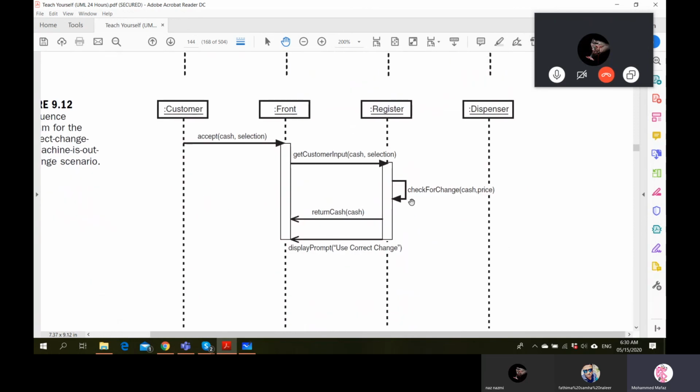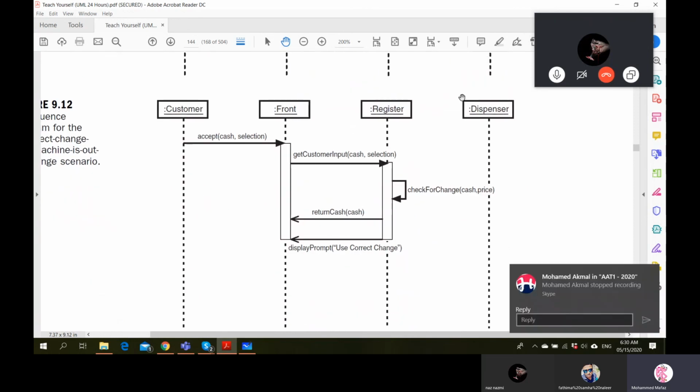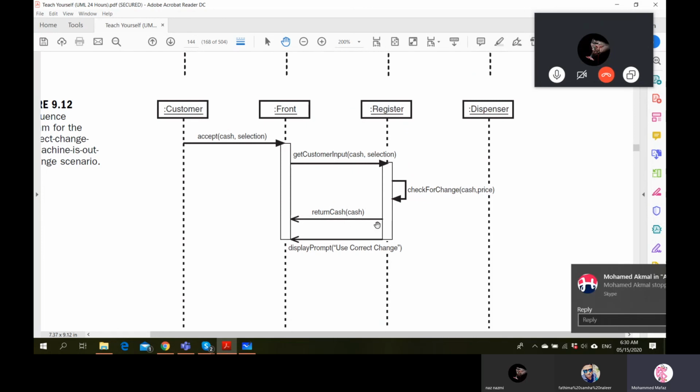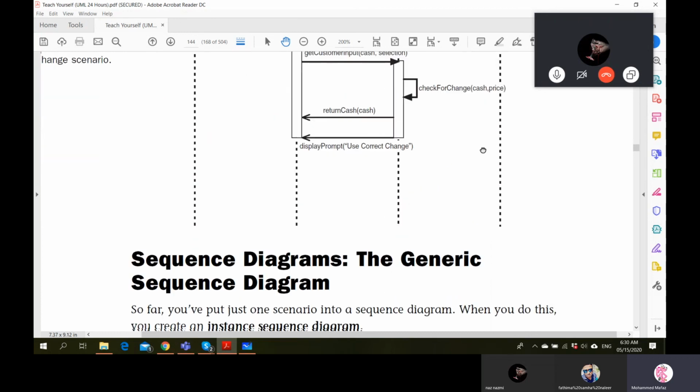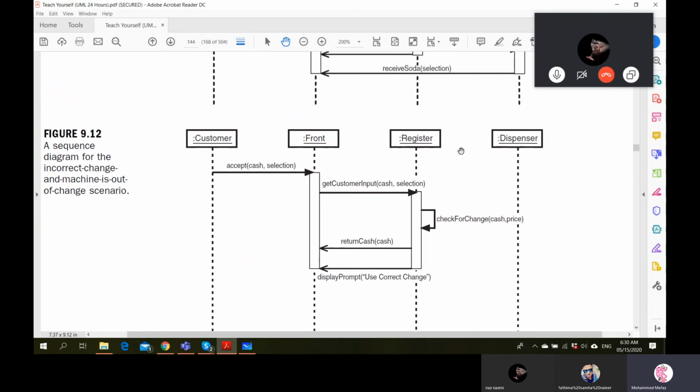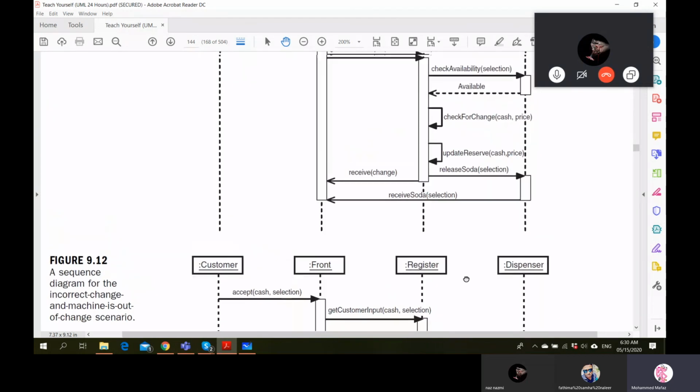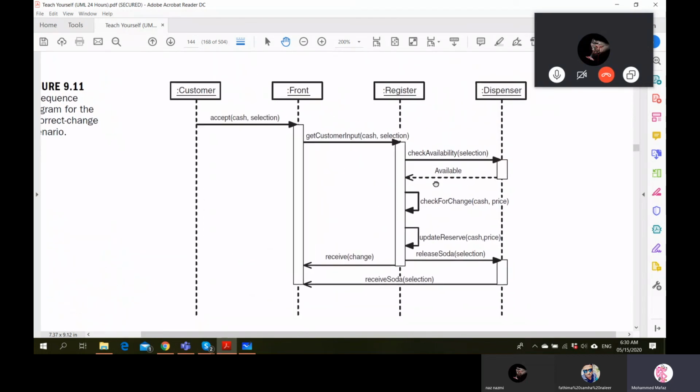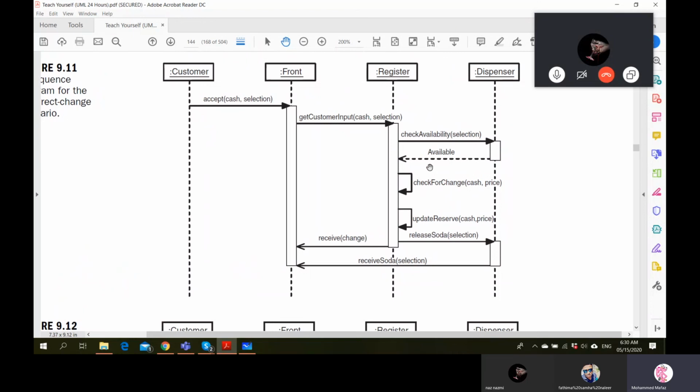So if we did this one, see, no need to even talk to the dispenser. If you don't have the proper change and if you don't have the balance to return, you don't even have to talk to the dispenser, right? So these are some practical scenarios you will face when you start drawing the sequence diagram for the different scenarios. You will have to decide.